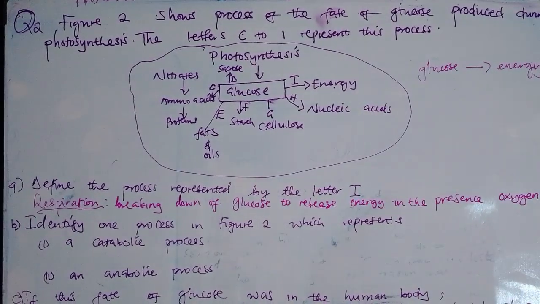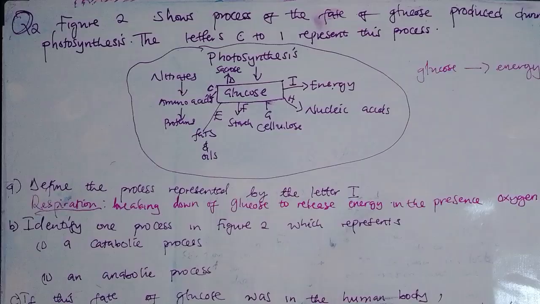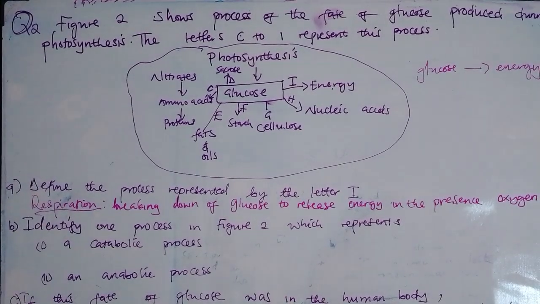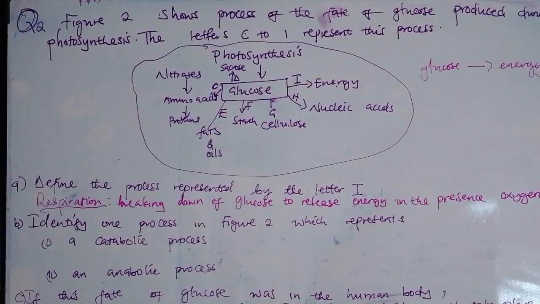Once you write like this, meaning you have defined the process which is represented by I, because the final product should be energy. Then question B is saying identify one process in figure 2 which represents